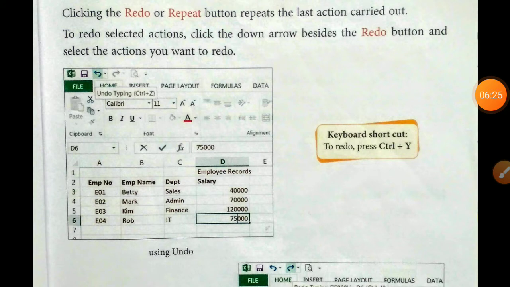And clicking the redo or repeat button repeats the last action carried out. To redo selected actions, click the down arrow beside the redo button and select the actions you want to redo.